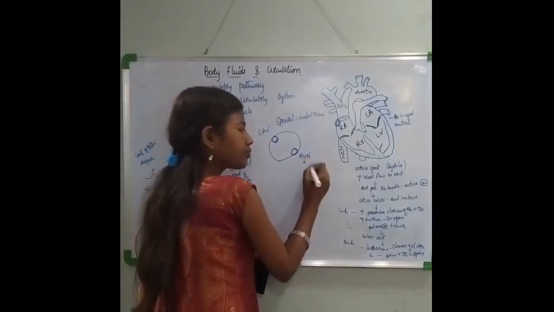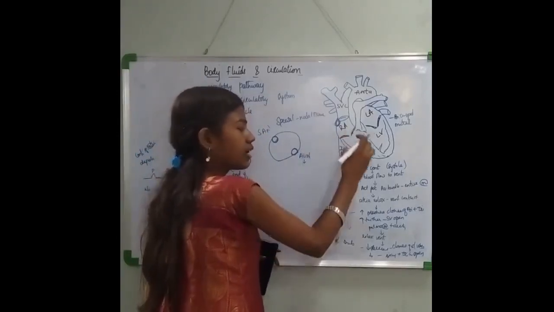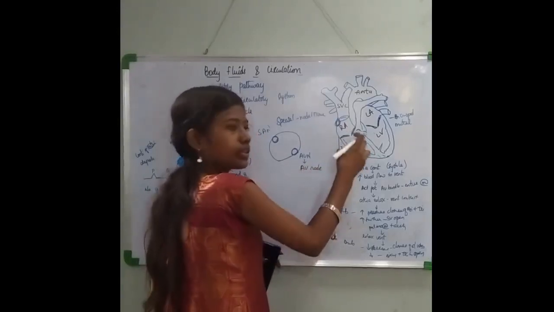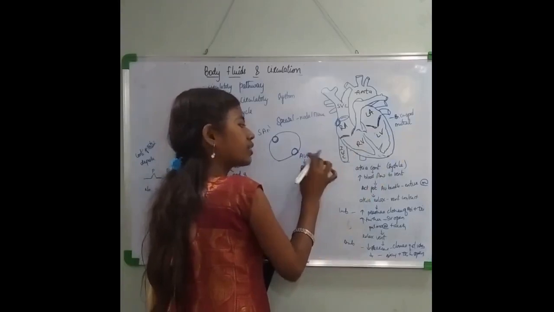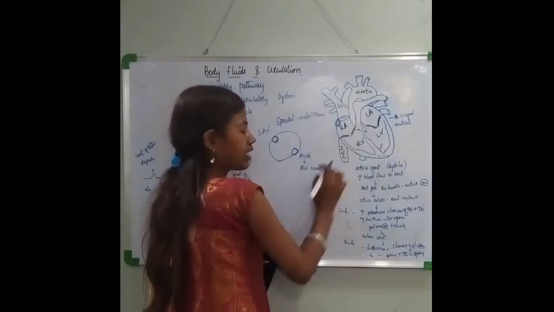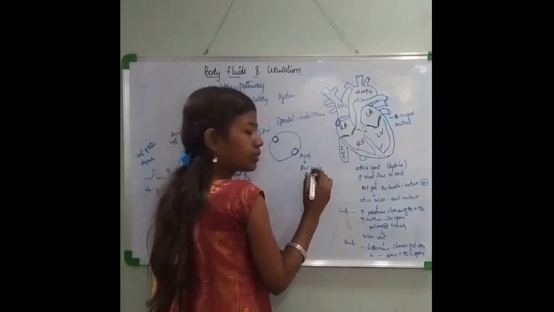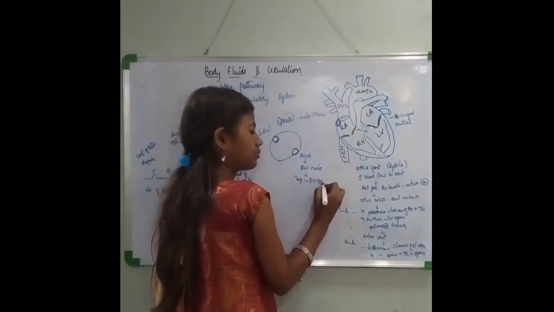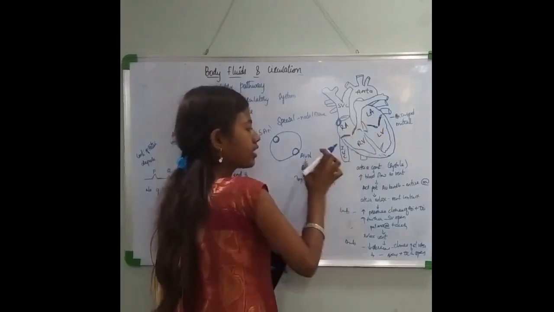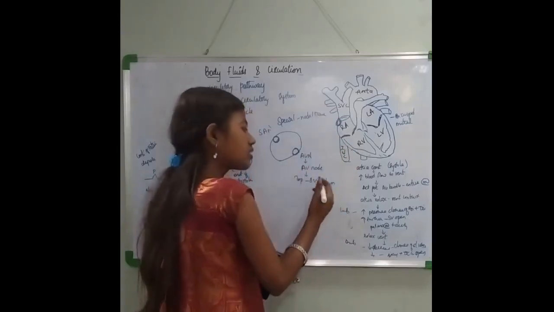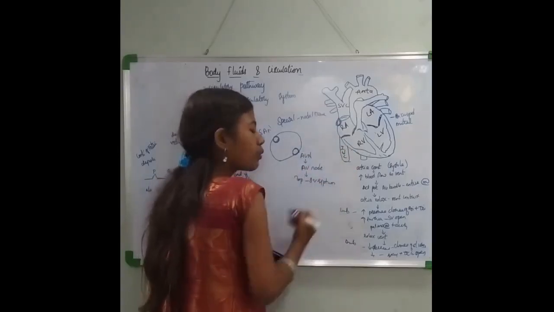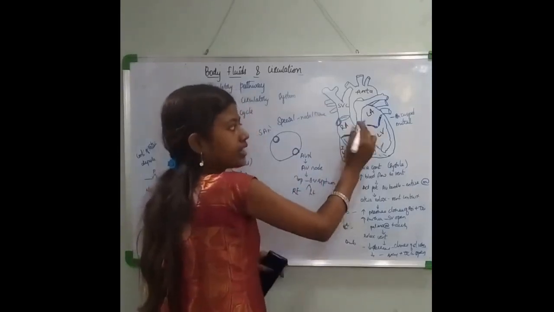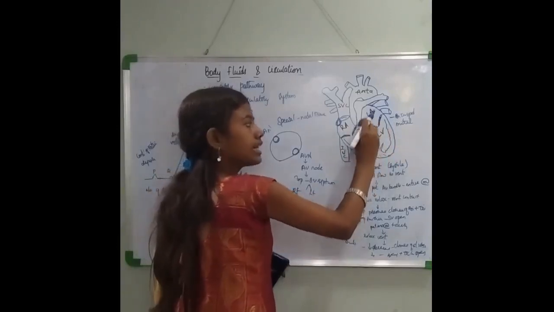Now the fibers extend from the AV node, right? You have the atrioventricular node. So the atrioventricular node will pass through the atrioventricular septum. After passing through the atrioventricular septum, it reaches the top of the interventricular septum, right? From the atrioventricular node the fibers will arise and reach the top of the interventricular septum. Now, once it reaches the interventricular septum, it will divide into right and left fibers, right? Here you will have the interventricular septum, so here it will divide into right and left.